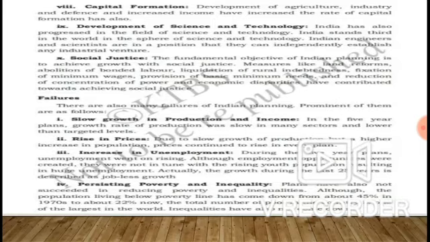Due to slow growth of production but a higher increase in population, prices continued to rise in every plan. Why were prices rising? Due to the one problem that we are facing, that problem is population. Understood? Until we get a grip on that, we will not get development. Also, each and everybody should get an education. Until we make progress in the education department, we will not get achievement.